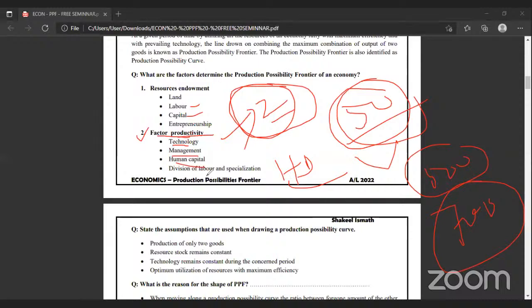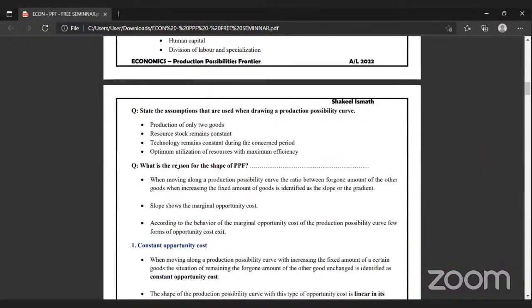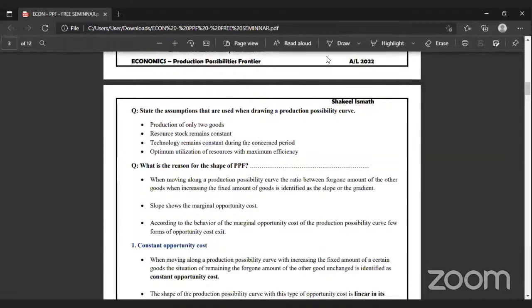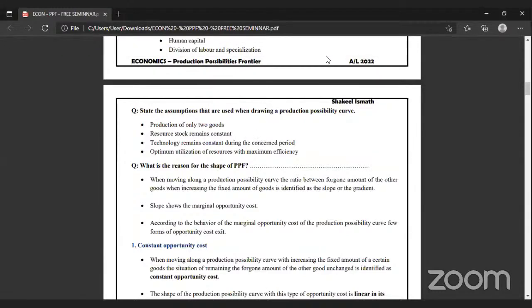Right. Division of labor, those factors are impacting the production possibility. So when we are drawing the production possibility, sometimes, from 2017, they didn't ask this question. Before, they only asked this question because it was an easy question. That's why they are omitting this one. Assumptions. Because in economics, when we are drawing the graph, mostly we are using assumptions. The first assumption itself, you can understand, right? Without assumptions, we can't explain the output concept according to economics because we are using the graph.